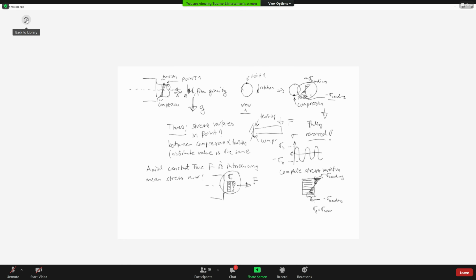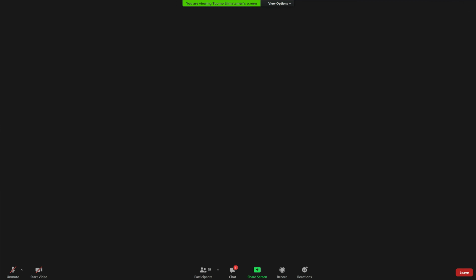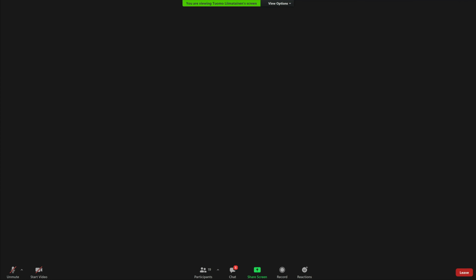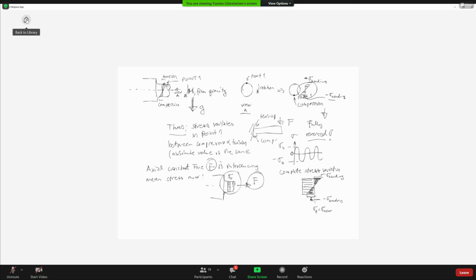You get it? Yes. So basically the F, the constant force, is setting the average level around which the bending amplitude is pulsating the stress around. Yeah, this idea is quite clear. Okay. So therefore, as we know this now,